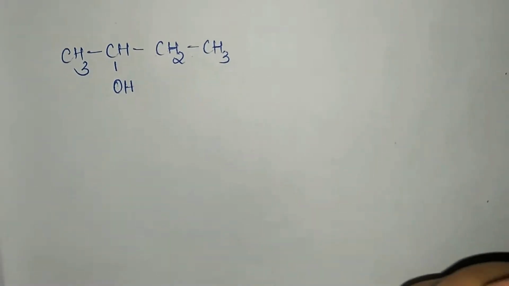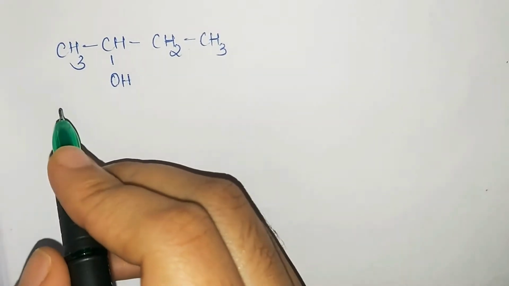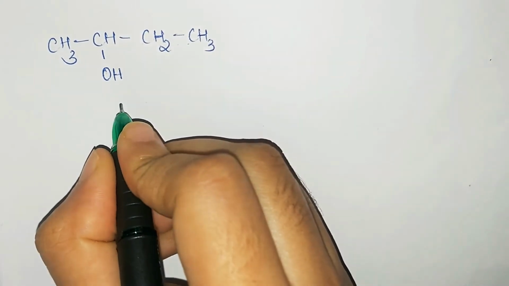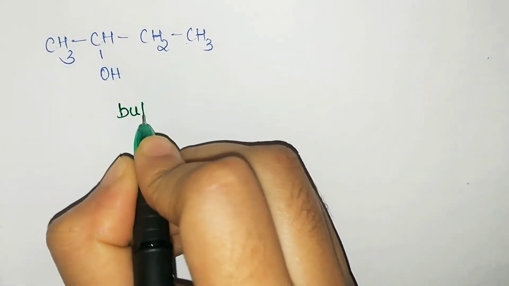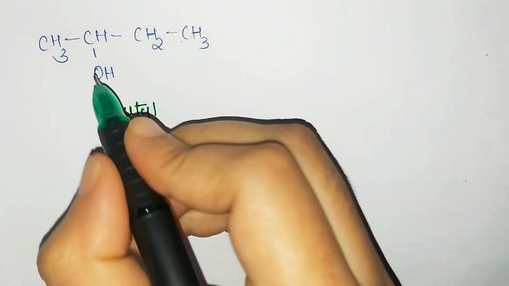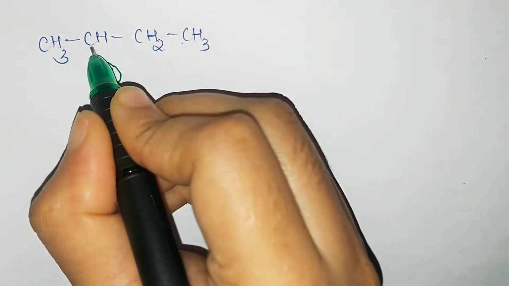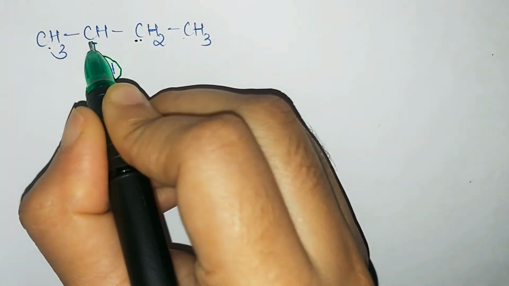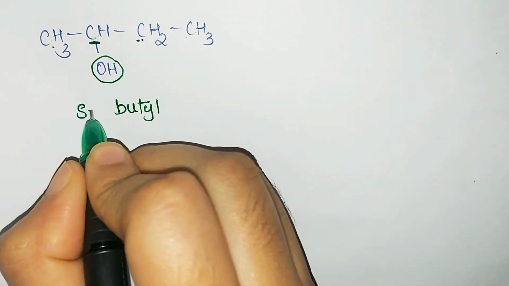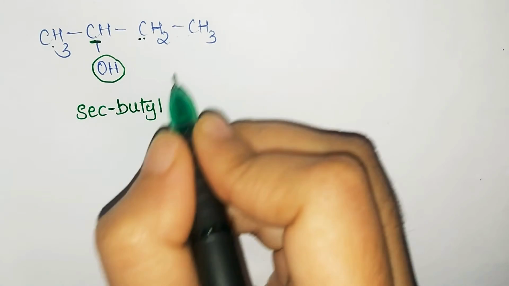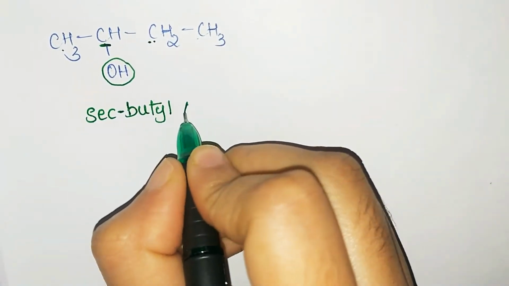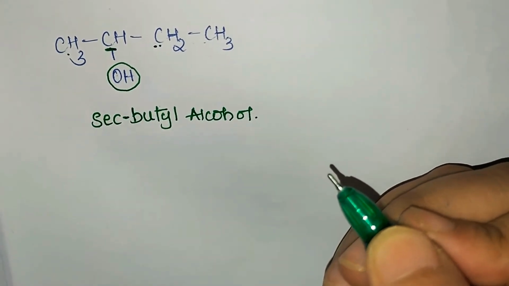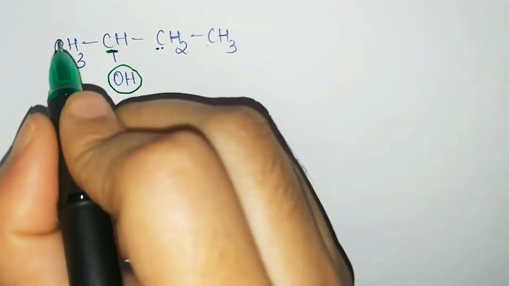We'll go with the next example. So we'll consider this example. You can observe here there are how many carbon atoms? 4. Hence according to common naming it becomes what? Butyl. But see the nature of the carbon to which the OH is attached. It is surrounded by 2 different carbon atoms. Hence it is a secondary carbon. So the prefix here is secondary butyl. In common naming the prefix is secondary butyl and OH is attached to a secondary carbon. Hence it becomes secondary butyl alcohol. So this is a common name.